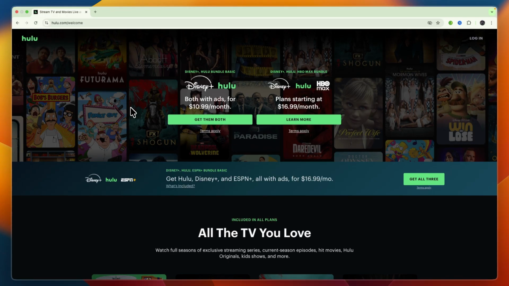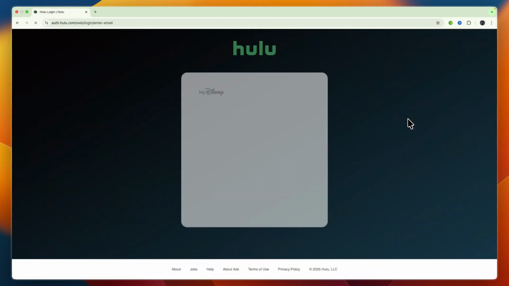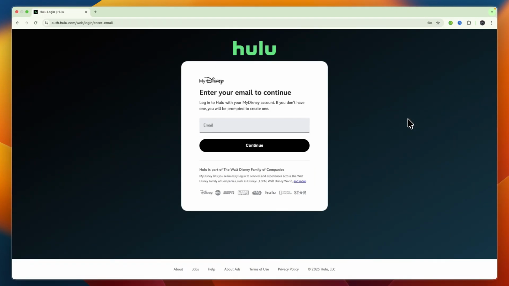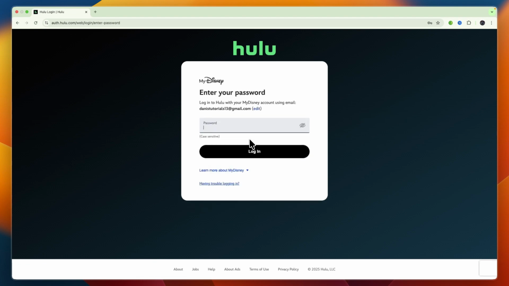Just go to Hulu, and if it's your first time opening the app or website, you will have a section that says login. So simply go to login. And for example, if you're on TV, you may have multiple options. You could, for example, scan a QR code, but the easiest way, in my opinion, that works across all devices is to just enter your account email, then click continue, and then enter your account password, and then click on